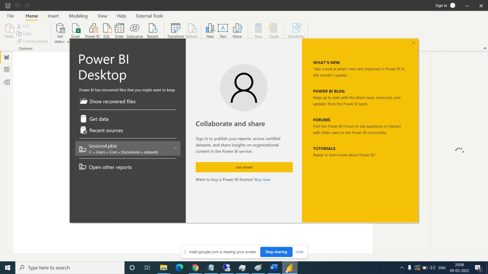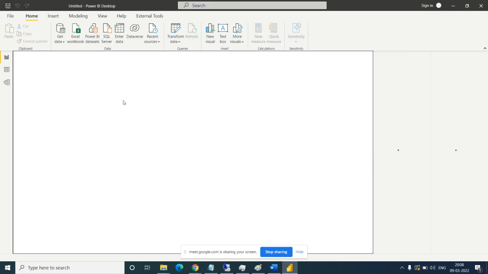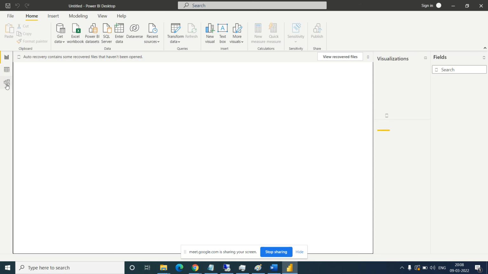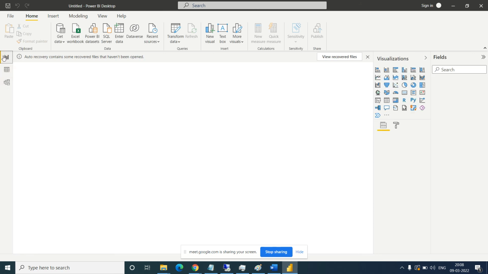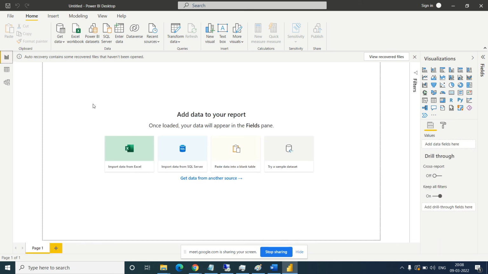So let's open the Power BI. If you see in Power BI on the left side, there are three icons. One is for the visualization, that is for the report. We will build it here. Let's connect with the data first.